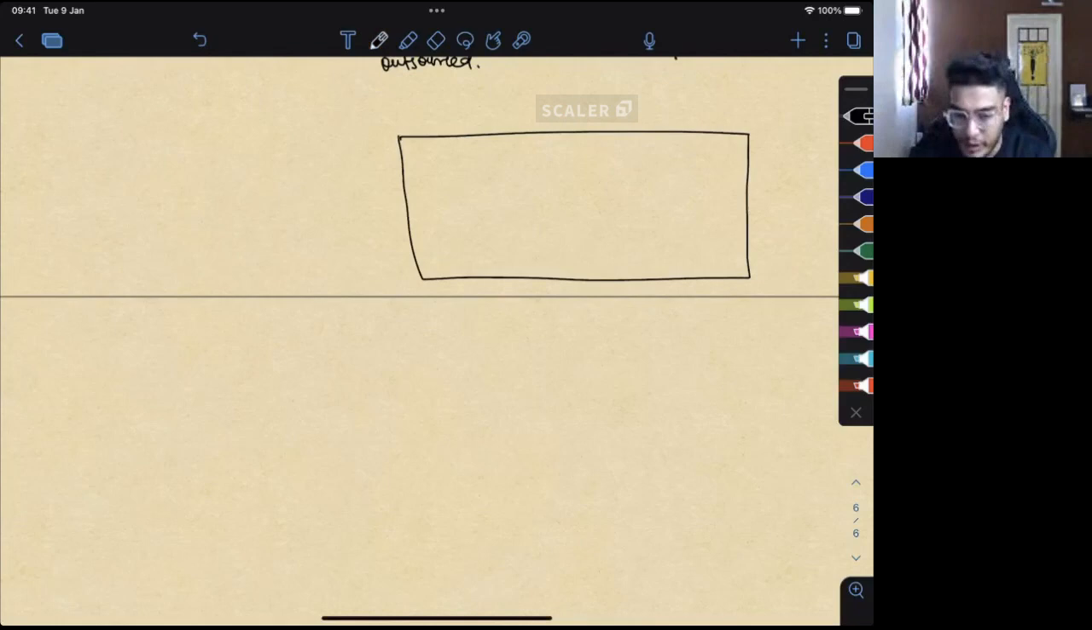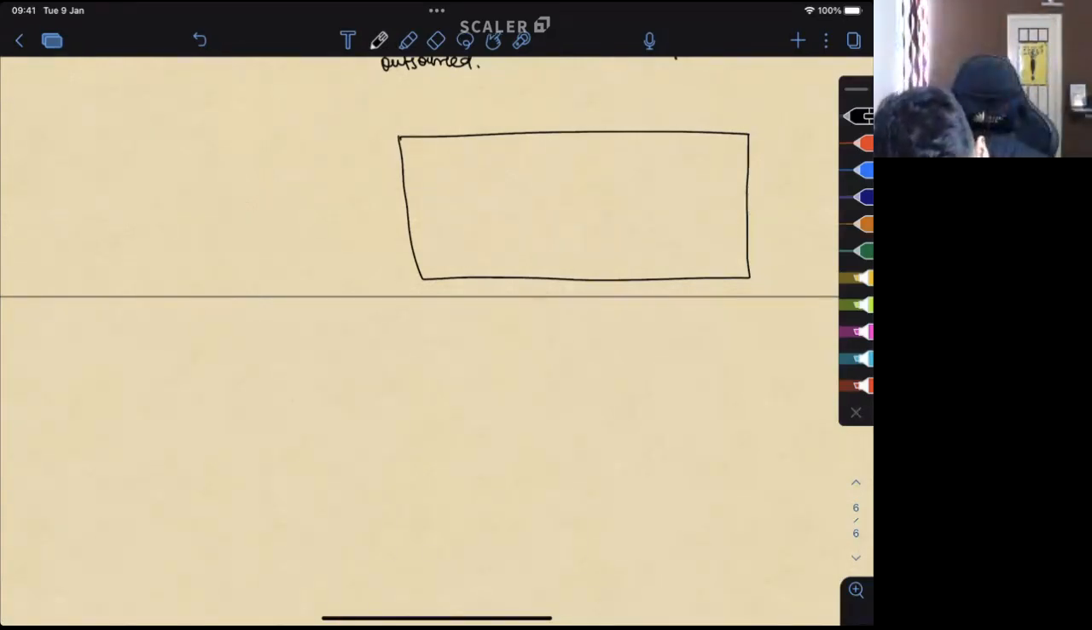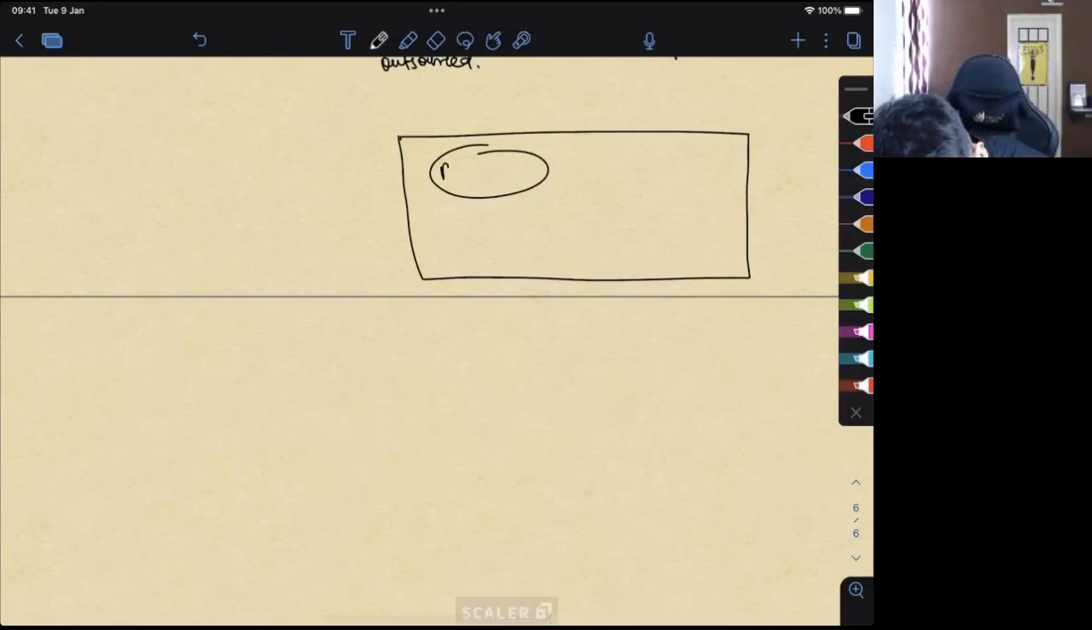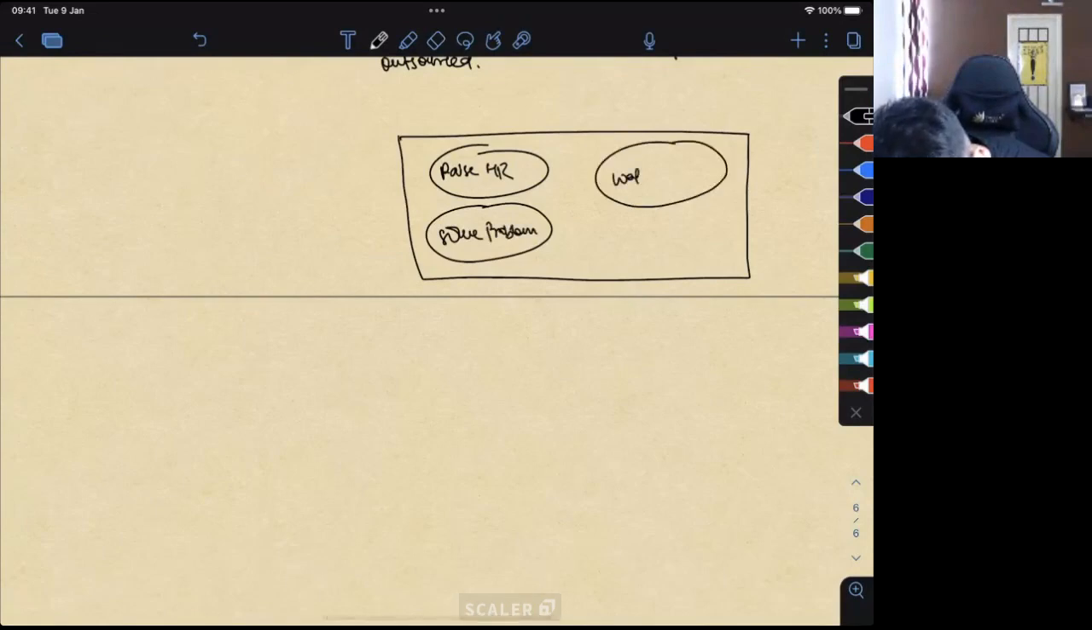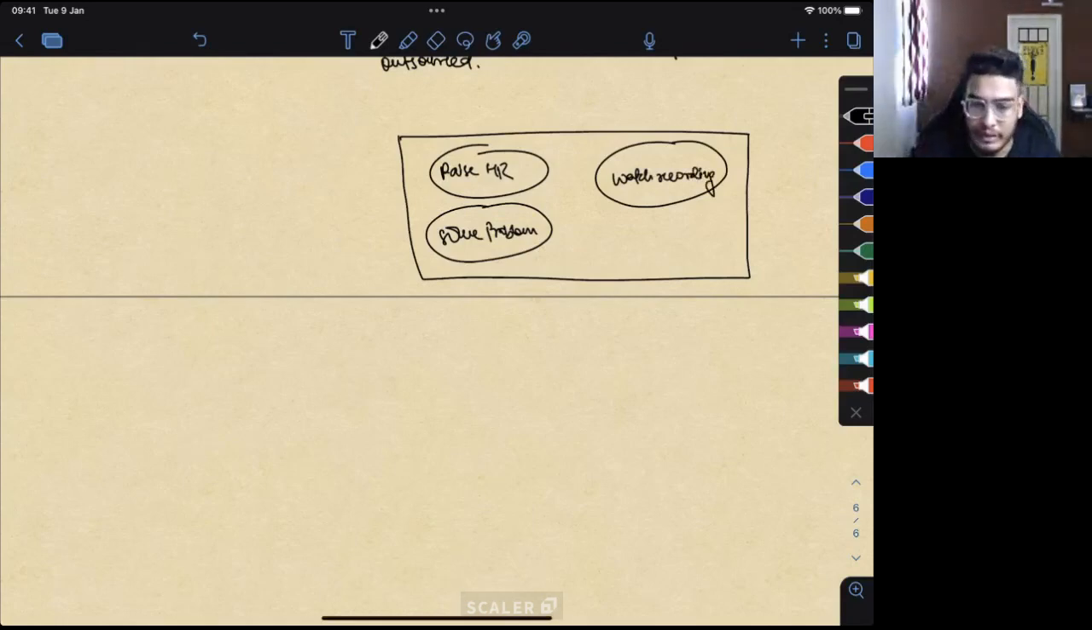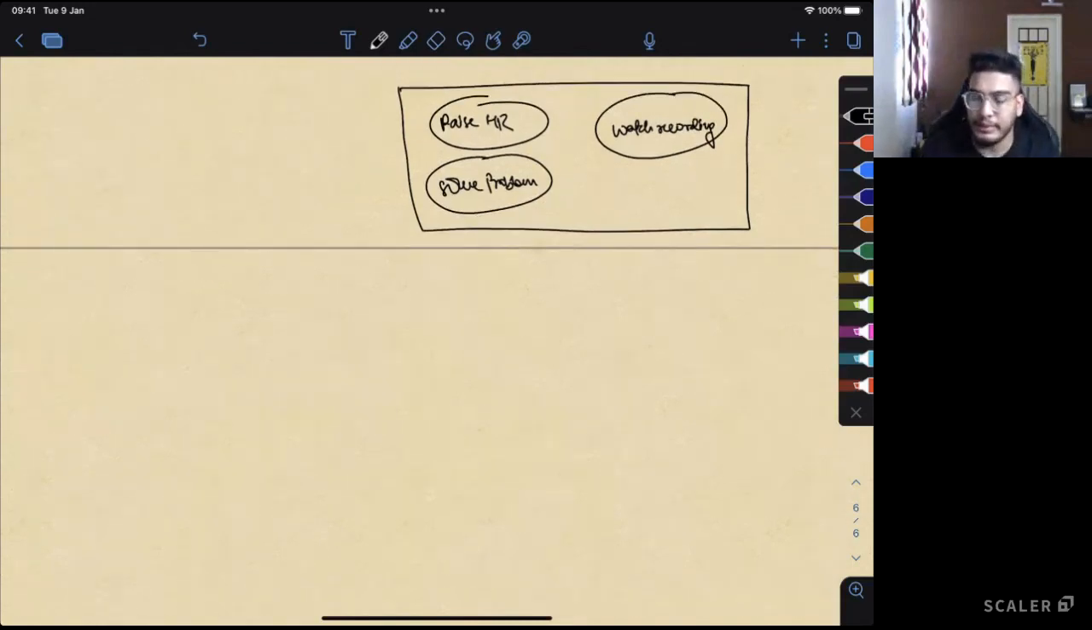You represent it with the box. And inside this, you will add the features that you want. So for example, if I talk about Scaler in general, you can just do, let's say, raise help request, solve problem, watch recording. All these things will come inside the system boundary. Okay. Next,